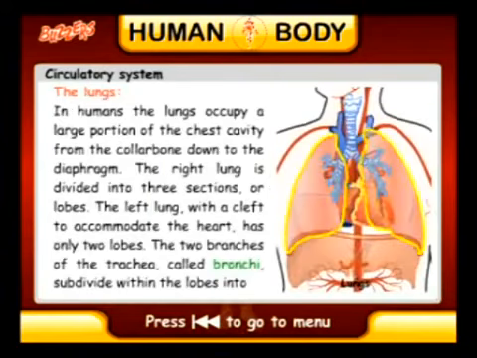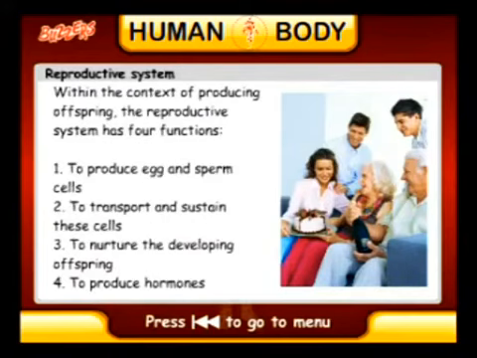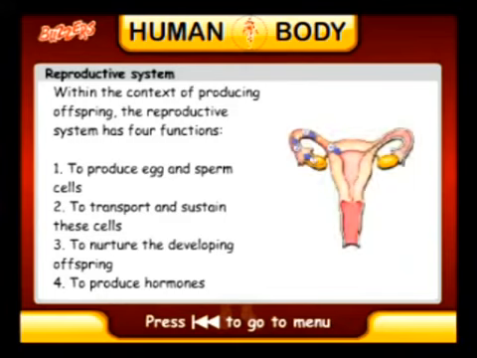Reproductive system. The major function of the reproductive system is to ensure survival of the species. A human being can live a long, healthy and happy life without producing offspring. But if the species is to continue, at least some individuals must produce offspring. Within the context of producing offspring, the reproductive system has 4 functions: to produce egg and sperm cells, to transport